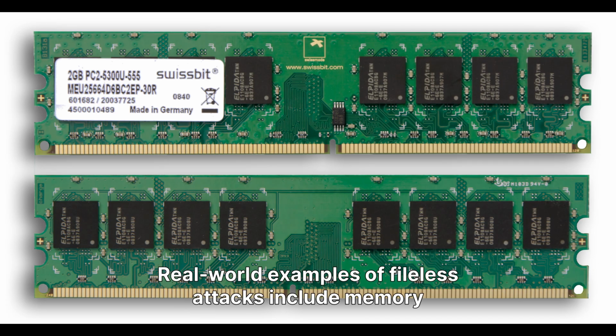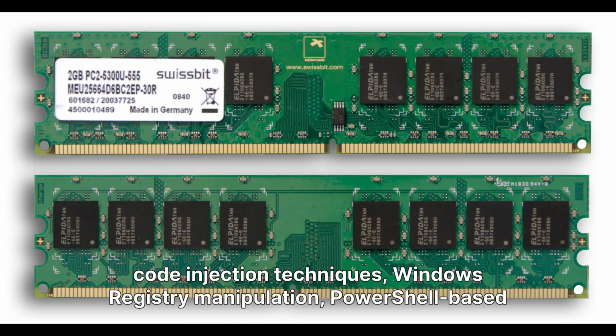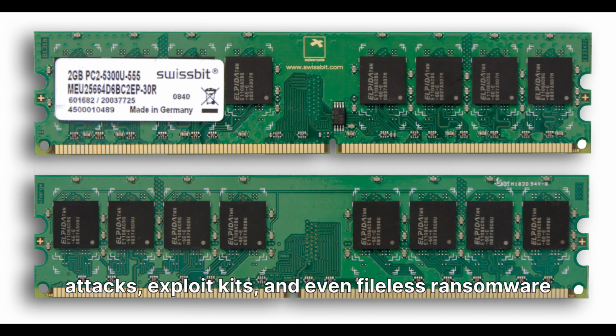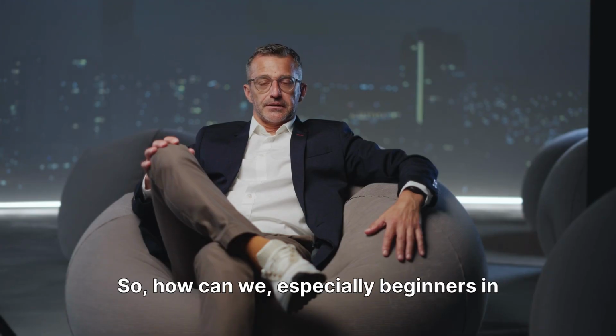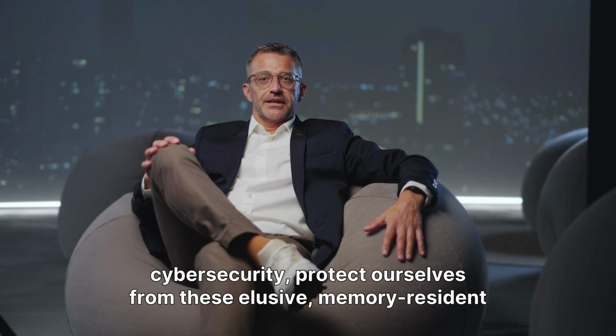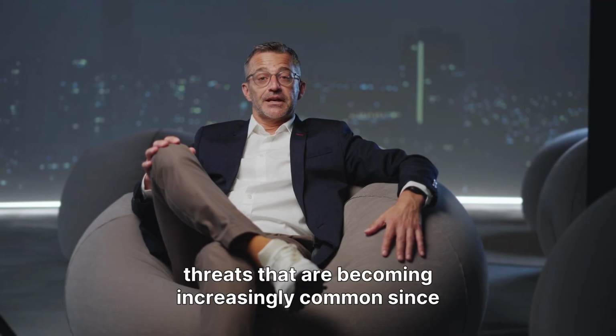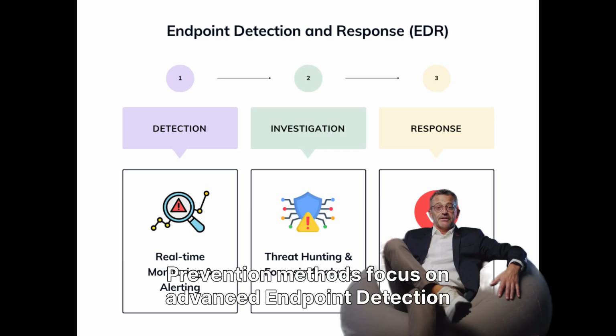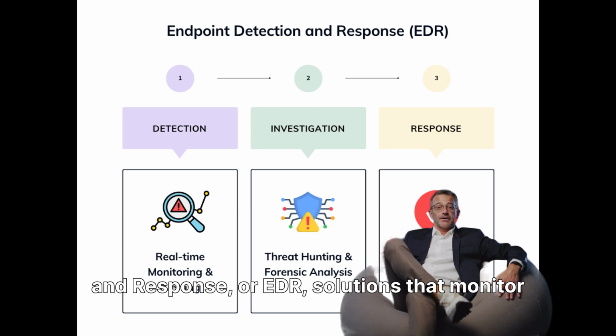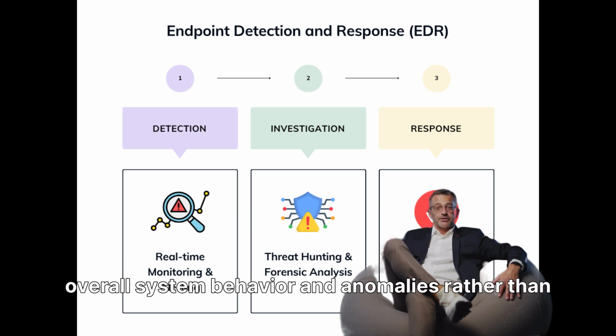Real-world examples of fileless attacks include memory code injection techniques, Windows registry manipulation, PowerShell-based attacks, exploit kits, and even fileless ransomware variants like Ryuk or Copter. So, how can we, especially beginners in cybersecurity, protect ourselves from these elusive, memory-resident threats that have become increasingly common since around 2017? Prevention methods focus on advanced endpoint detection and response, or EDR, solutions that monitor overall system behavior